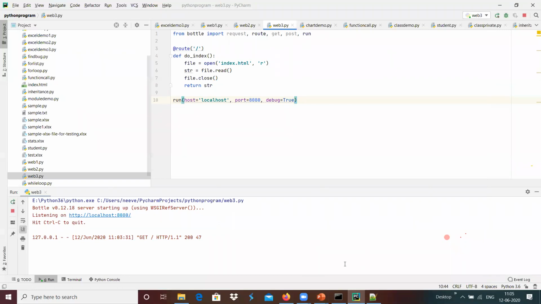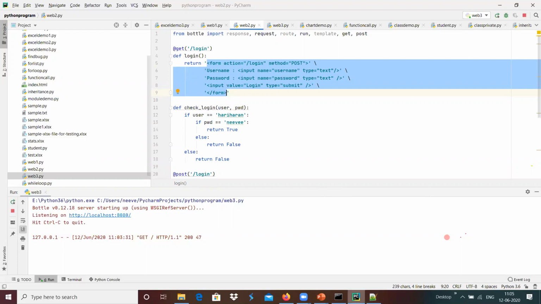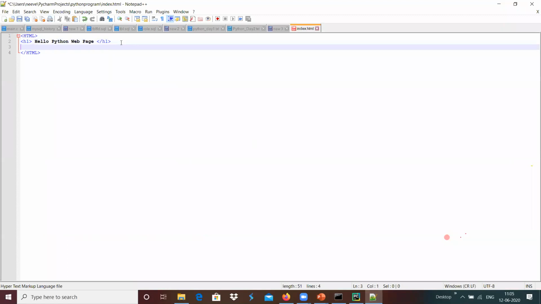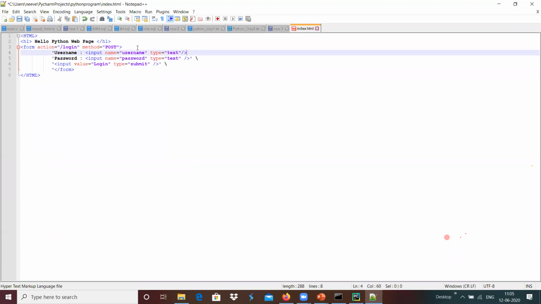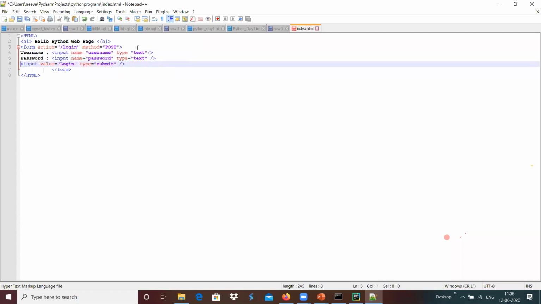And if we wanted to add something more, for example, I'm going to add a form that maybe we can add into this HTML page, maybe this one.